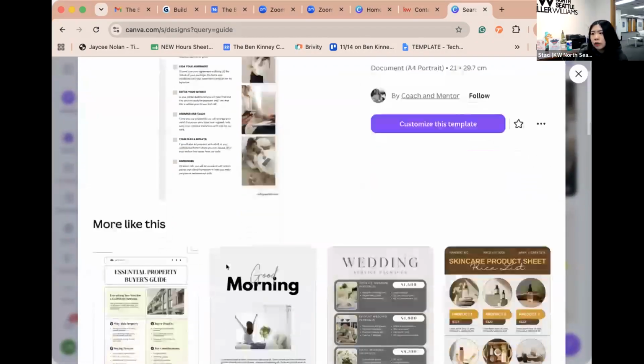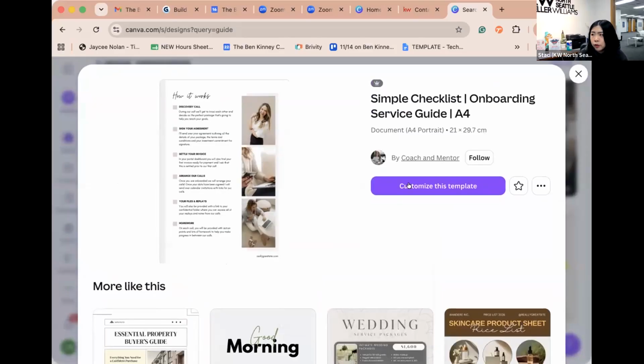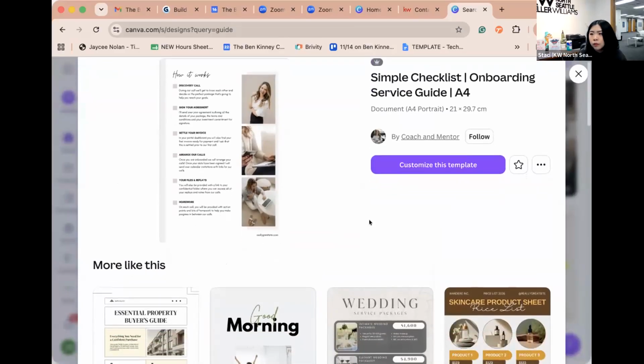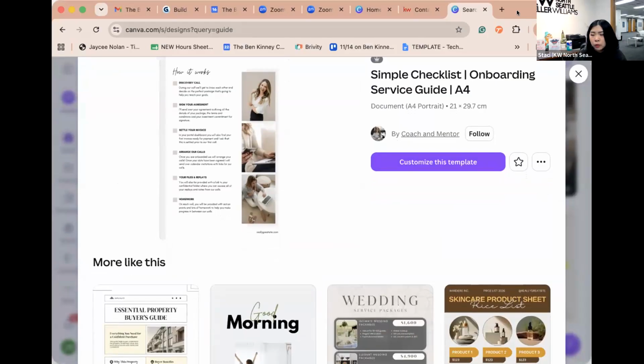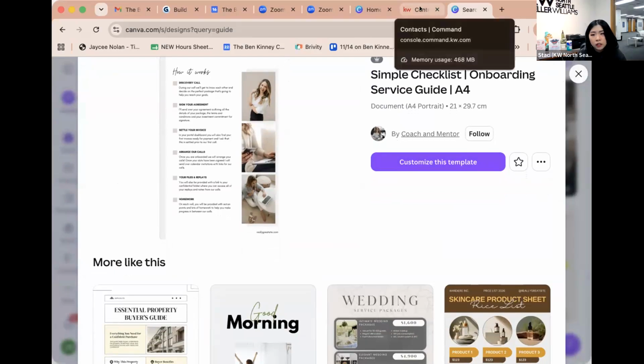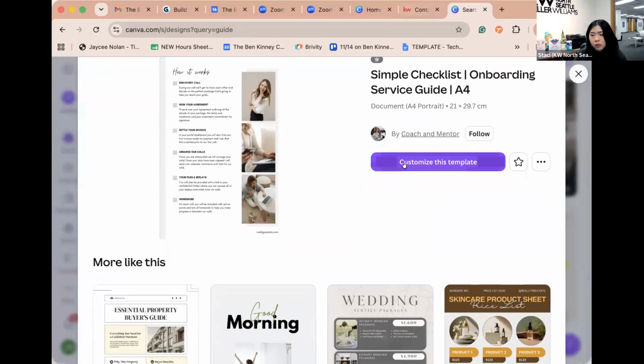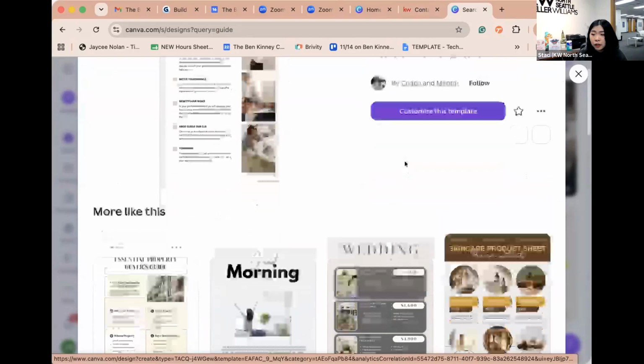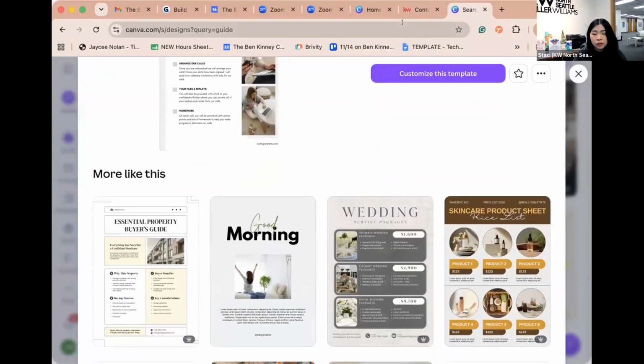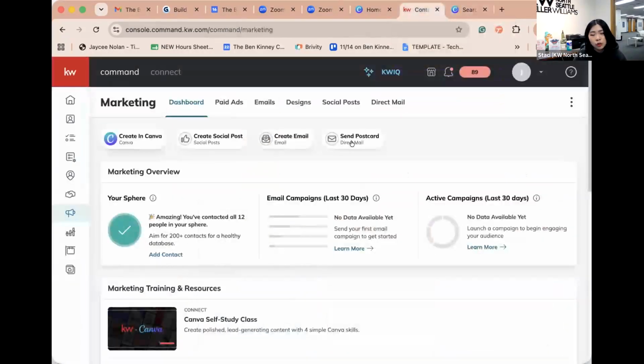If you are in Command and you go through the marketing tab as well, through the KW brand, there's templates for buyer presentations, listing presentations, local expert, stuff like that, that you can use. You can either customize it there or you can save it as a PDF and then upload it into your own Canva and then kind of fiddle around with it there. But in case there's not something that's really speaking to you,